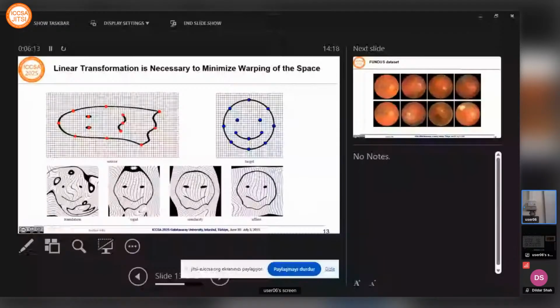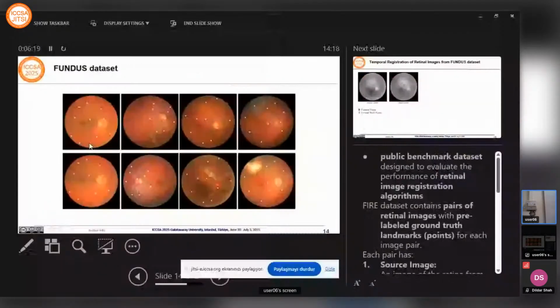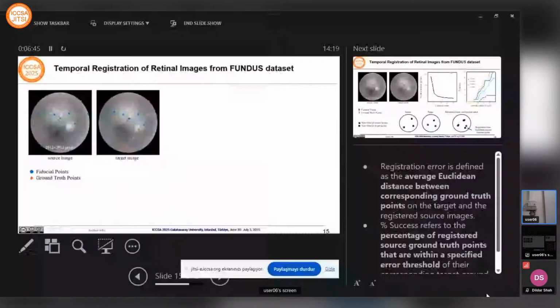So applying these ideas to real data, we looked at this fundus data set. And this is a collection of retinal images across two patients, where the patient's retina was imaged at two different time points. And they were able to identify different ground truth markers between the two different time points. And the data set that we specifically look at is of patients who had glaucoma. So the way that we used this data set is that we knew what the ground truth points were, but we could not use those as anchors because that would introduce bias. So, without knowing where the ground truth points were, we manually selected new anchor points, which are in blue,